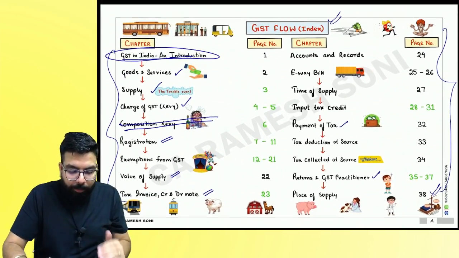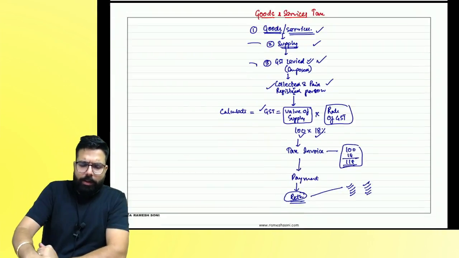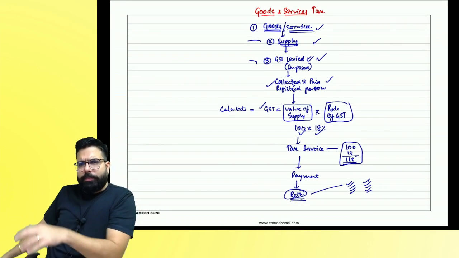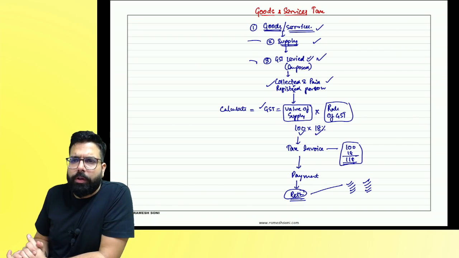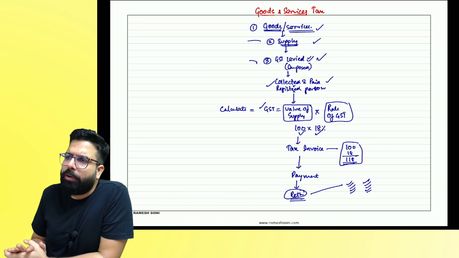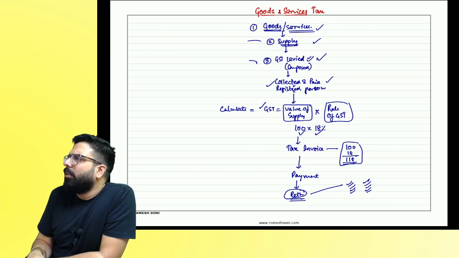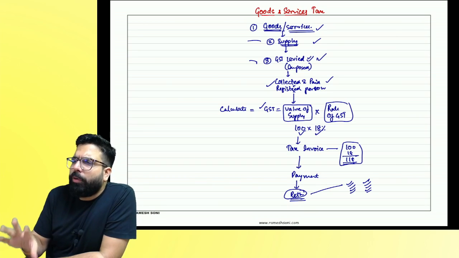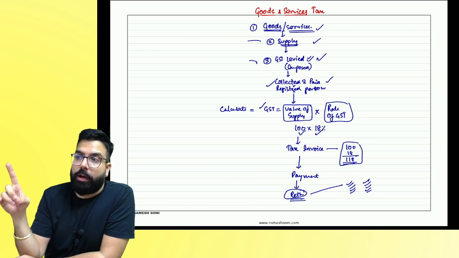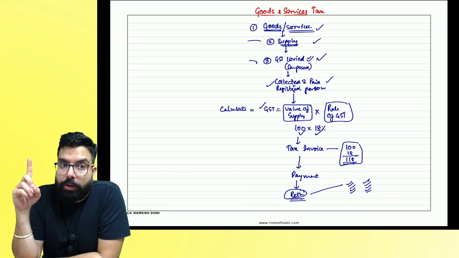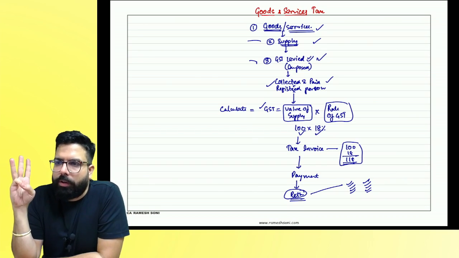I will talk about the chapters in detail a little later. But did you guys get this thought? So if one uncle comes to you and tells you, now I think my turnover is going to be 25 lakh rupees, will I come under GST? What will you tell? First of all, you have to ask, uncle, what do you do? He tells you, I sell mobile phones. What will you tell? Ha, uncle, goods. Secondly, uncle, you are selling? No, you are supplying. GST got